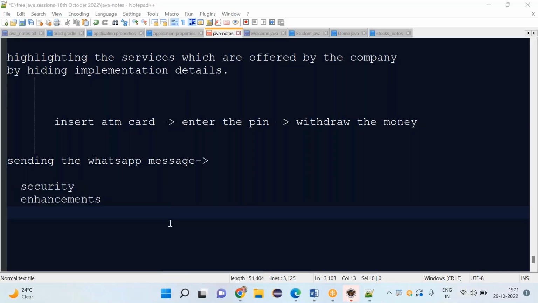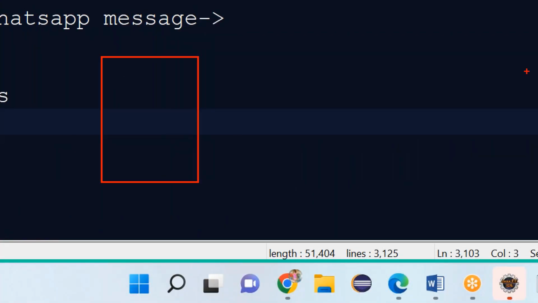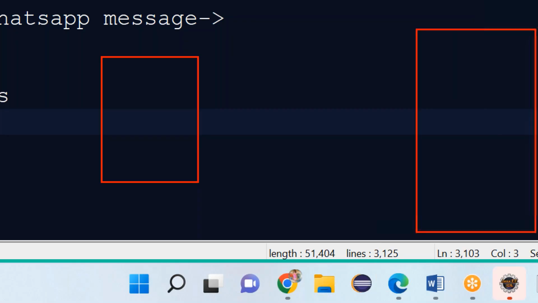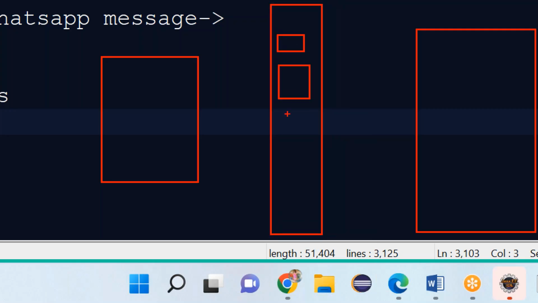Here, you just observe. Here it is Java software. Here it is .NET software, assume. In between, we have one interface. Inside this interface, we have different buttons. For example, I'm an end user. Whenever I click on this particular withdrawal button,